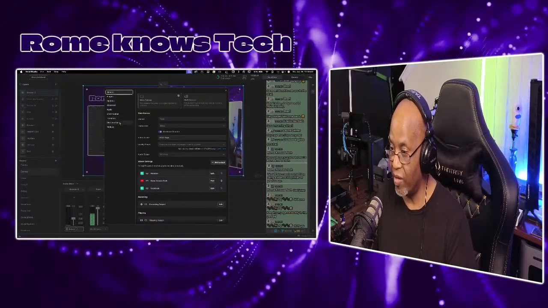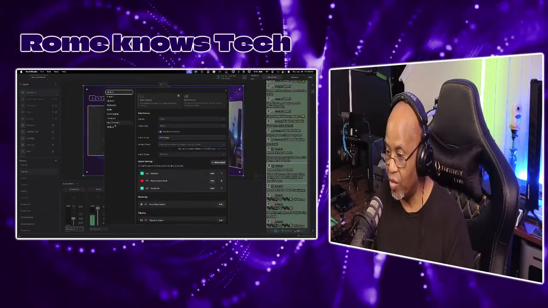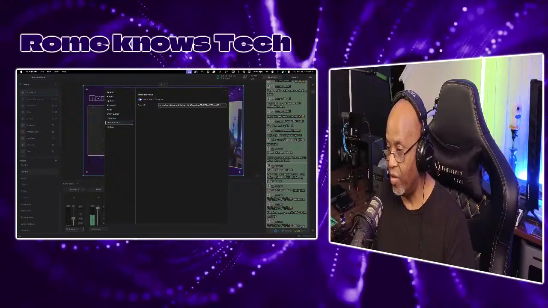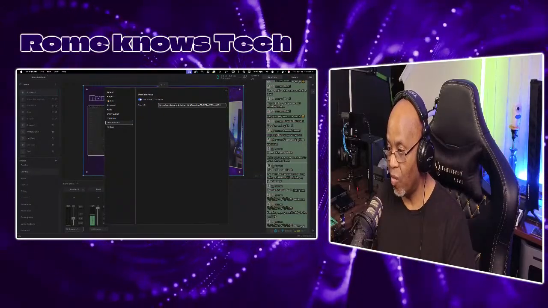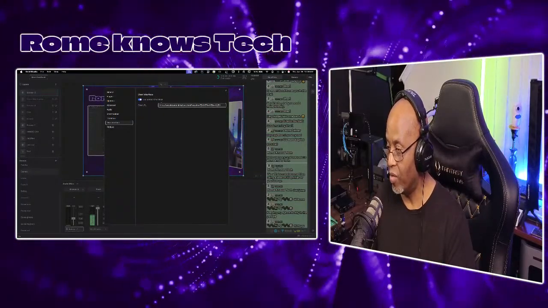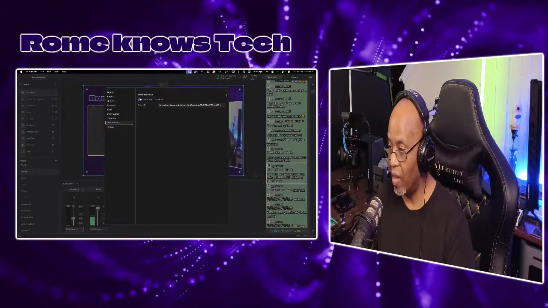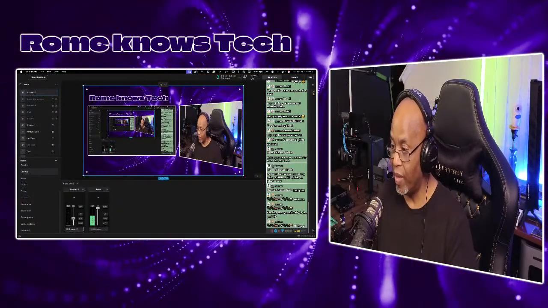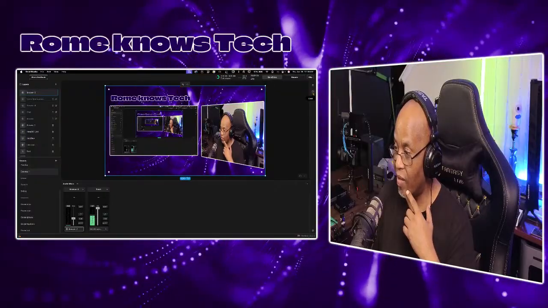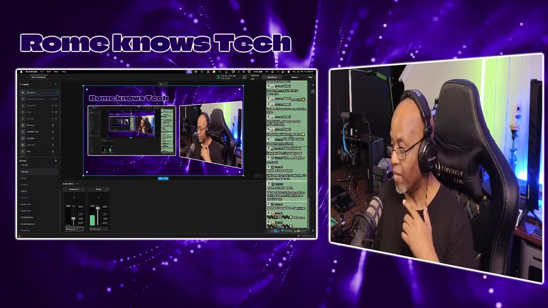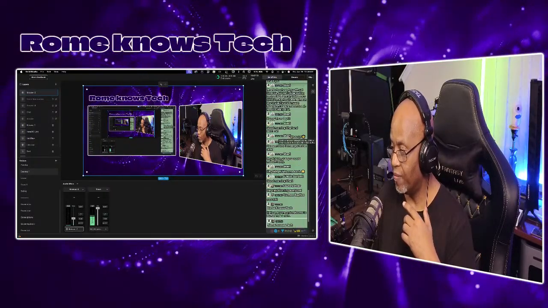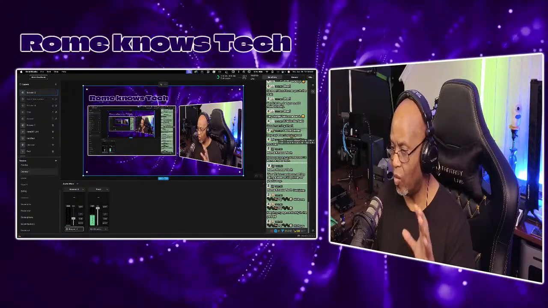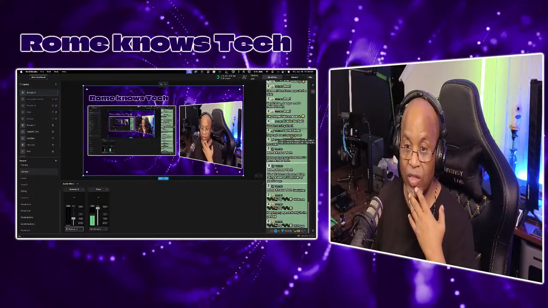Okay, so for preferences, you're going to go down to user interface, and you're just going to add your dock right here, and that's going to allow your dock to show up on your Meld right here. Now, most of you guys already know, if you've been using Meld, there's also a little icon over here off to the side for chat, and that will give you your normal YouTube chat